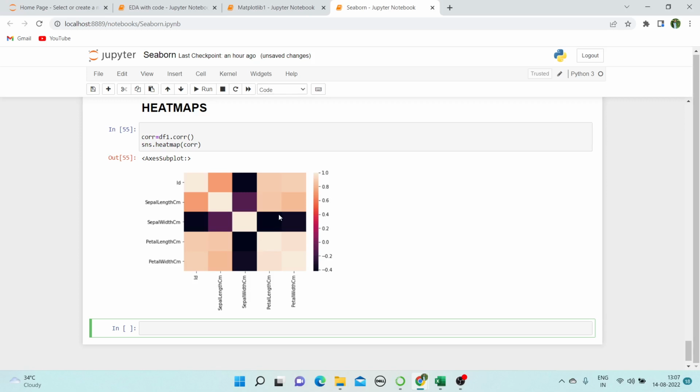So based on this heat map, we can conclude that sepal length has a high positive correlation with petal width. Where is petal width? Here. Petal width and sepal length, you can see that there is a high positive correlation between petal length and petal width. Just a second. Petal width, sepal width, great. Okay,